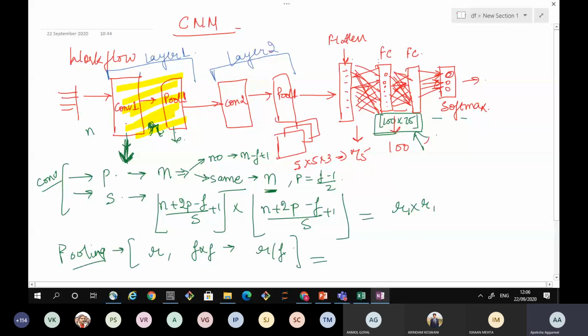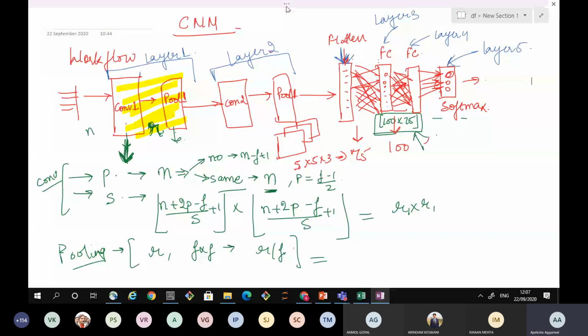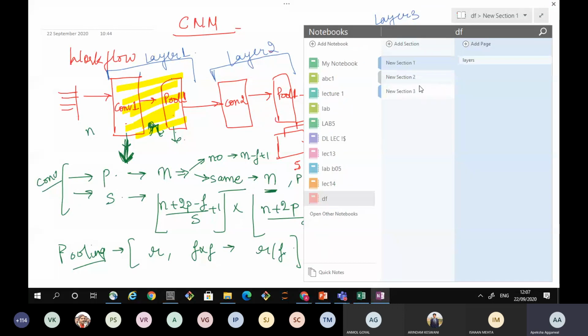Over here this is layer 3, and this is again layer 4, and this is also an output layer. Okay, so this is layer 5. So generally we don't count the pooling layer because it does not have parameters. Why? In a fully connected layer we have seen we have 100 cross 75 parameters, that is weights and biases. In a convolution layer we have weights, that is the number of filter values. Plus one more thing that we do in convolution.